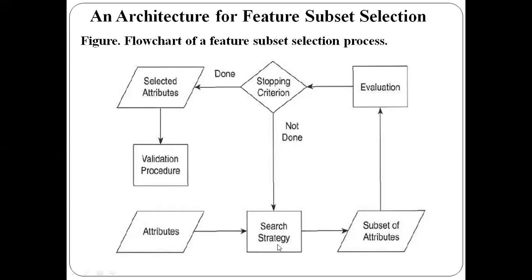So this search strategy will be doing the selection on all of the subsets of features here. It will be choosing which is the best subset of features here. So using the search strategy, you will be able to find which is the appropriate subset of features here. So it will be controlling all the possible subsets of features here.